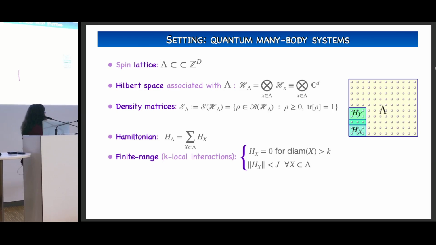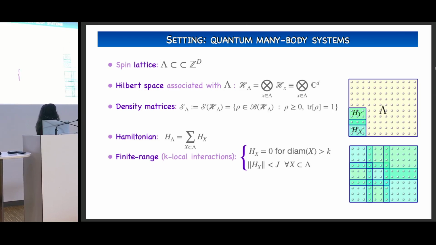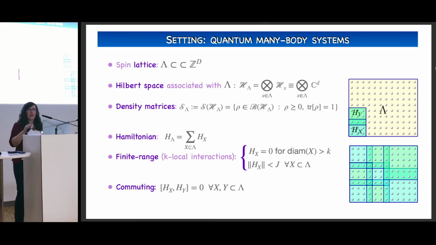So what this is telling us is that our Hamiltonian is going to be the sum of patches, like the ones that I'm writing here. When you consider this throughout the whole lattice, it's a sum of patches that overlap and in principle can have different sizes, but the important thing is that their sizes are not too large. Sometimes we will, on top of that, assume this commuting condition, which means essentially that every pair of interactions has to commute. The reason for that will become clear later.